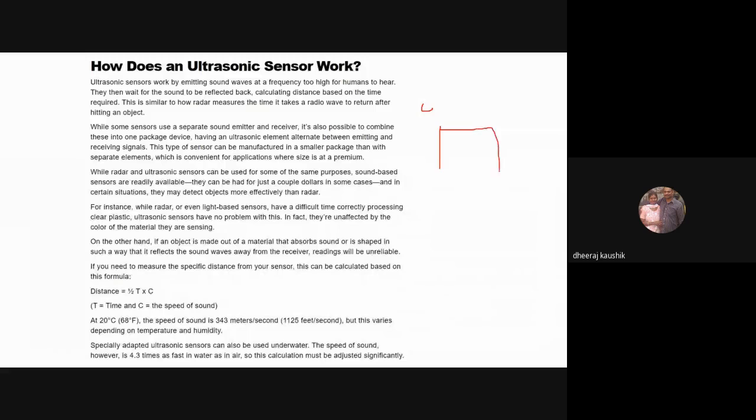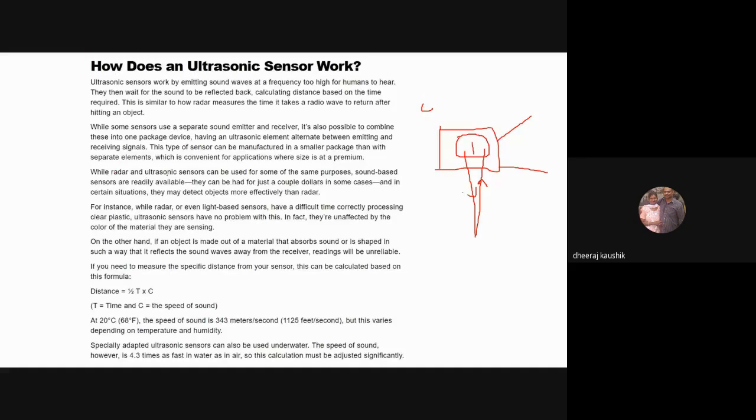I'll draw a basic diagram. So this is somewhat how the sensor will look, and there is a small functional part here which actually differentiates between the wave that is going out from the sensor and the wave that is coming into the sensor. And so yeah, when you need to create machines which work in very small environments, like inside a human or in very minute places, you can actually use these kinds of sensors.